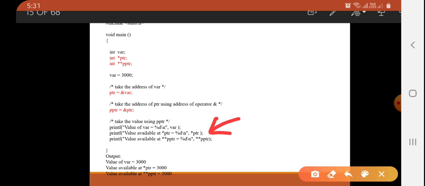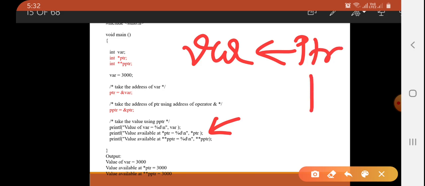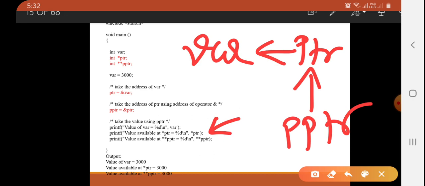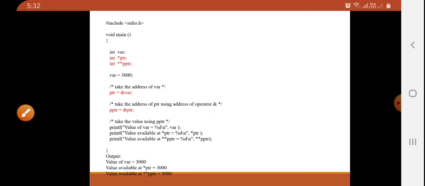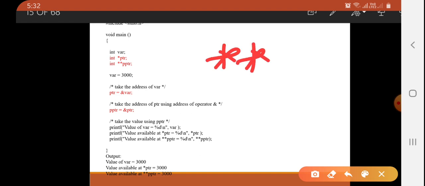What is **pptr? Again we are accessing the variable using pptr, via this chain, so we can modify it with **pptr.